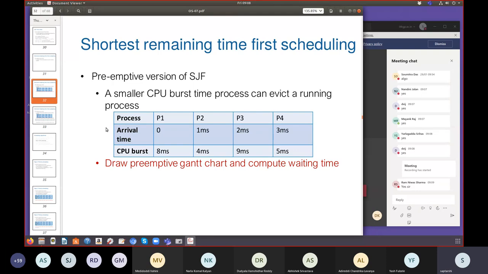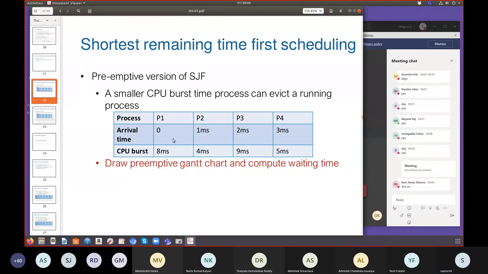This is the example. So see, processes P1, P2, P3, P4 arrive at different times, 0, 1, 2, 3. And they also have different CPU burst times. So how will things proceed? Let's say first, the CPU burst time is least for P2, so I guess P2 would be scheduled first. But remember that the burst time of P2 is 4 milliseconds. But within